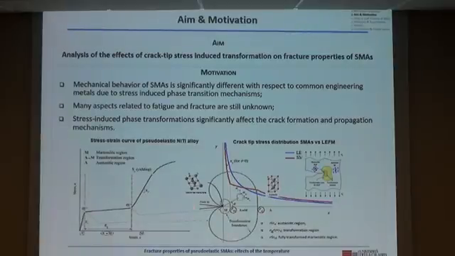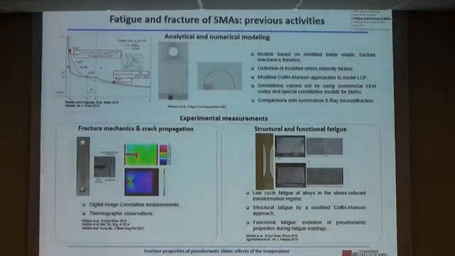The figures show a schematic depiction of what is happening in the shape memory alloy and pseudoelastic alloy. Due to the high localized stress near the crack tip, we have a fully transformed martensitic structure, the twinned martensite. Then we have a transformation region around the crack tip, and then the austenitic untransformed region. So within this context, we try to better understand the effect of phase transition mechanism on fracture and fatigue of shape memory alloys.